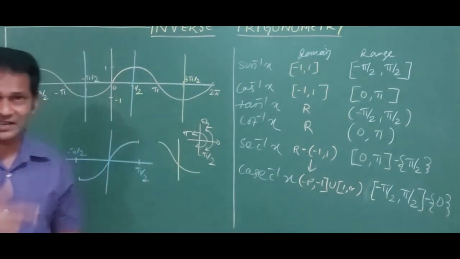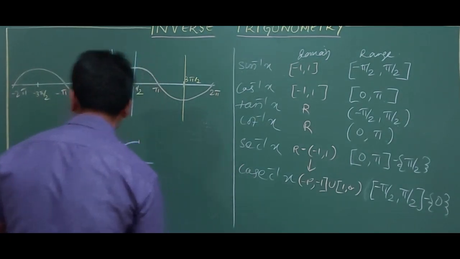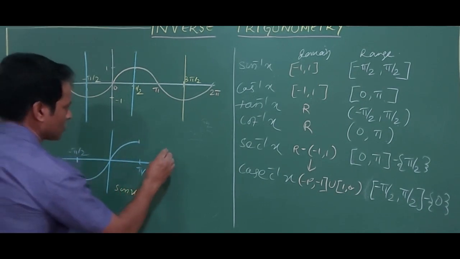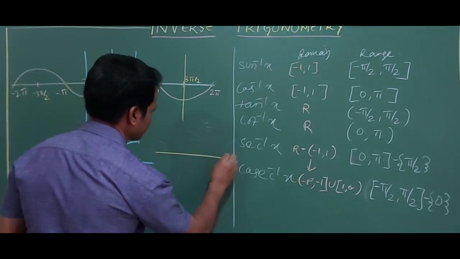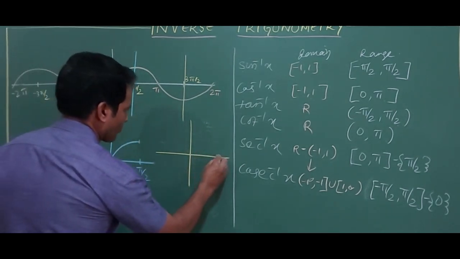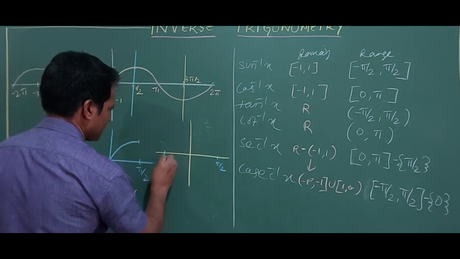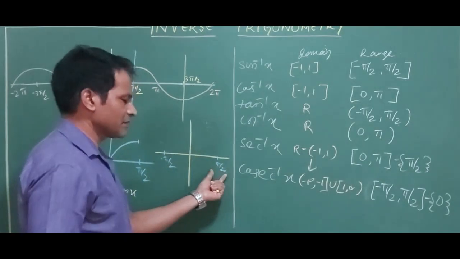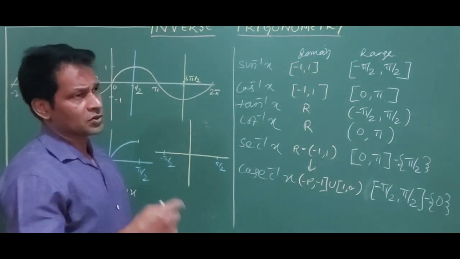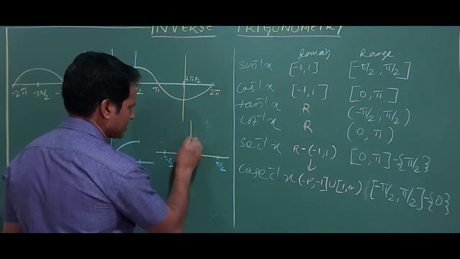Now what is the sin x graph between minus pi by 2 to pi by 2? Then how to draw the inverse graph here? This is pi by 2. This is minus pi by 2. What is pi by 2? 22 by 7, into 2 in the denominator, 22 by 14, 1 point something. So 1 I cannot take exactly here. I have to take 1 here.